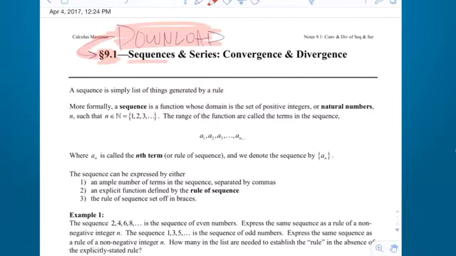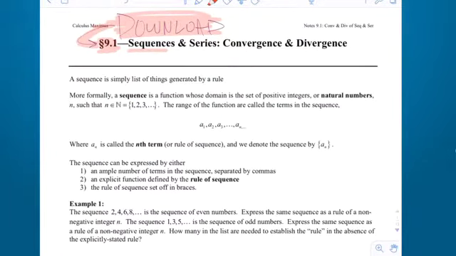So first of all, a sequence, much like in English, is just a list of things. Okay? Something, comma, something, comma, something, comma, something. And in English, there doesn't have to be any rule that generates the sequence, right? I like peas and carrots and brass bells, right? I didn't see that last one coming, but that would be a sequence, right? In mathematics,